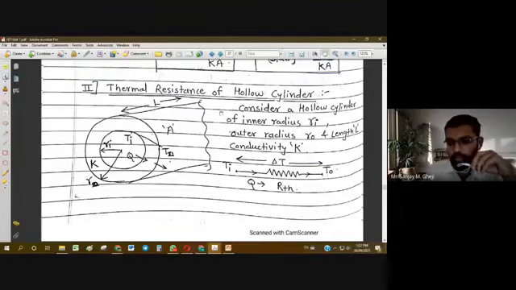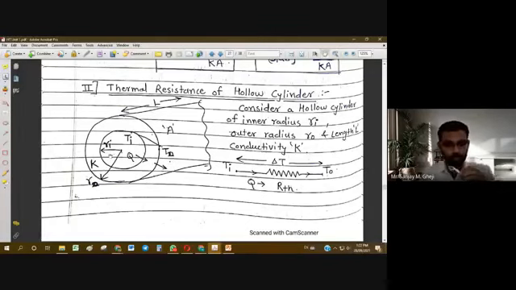Now the second case of hollow cylinder. All the conditions are the same. I am not repeating all those. We have already seen this while deriving the equation of Q. So for this hollow cylinder, inner radius is Ri, and inner temperature is Ti, and outer radius is Ro, and outer temperature is To. Initially, before this, we had used R1 and R2 notations and T1, T2 notations. Now, as this is the hollow cylinder, we are replacing 1 and 2 by I and O.